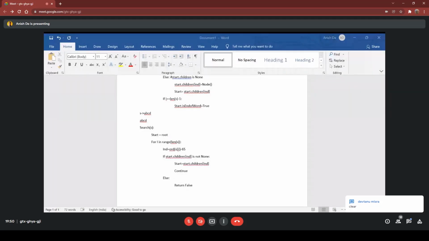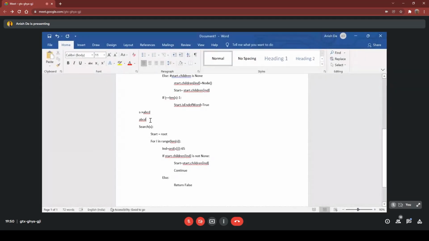It's clear. So now what we have to check is whether there is a word ending at D or not. So if there is a word ending at D, we will return true. Otherwise, we will return false. So we check whether start.is_end_of_word equal true. Then we return true.